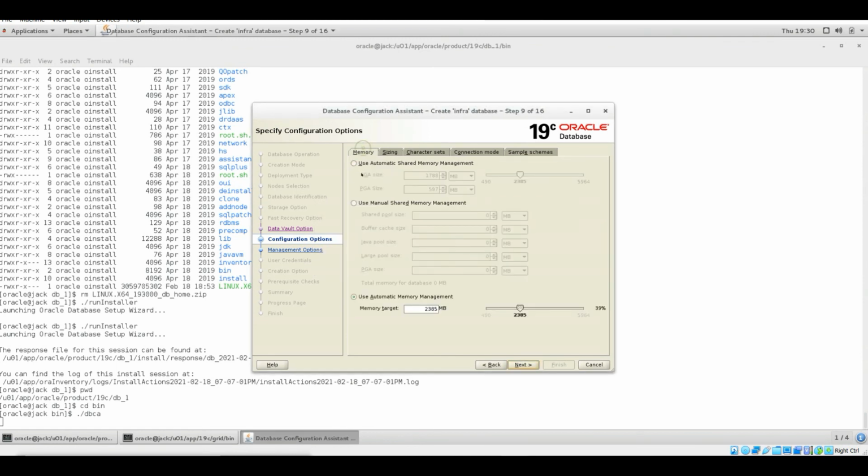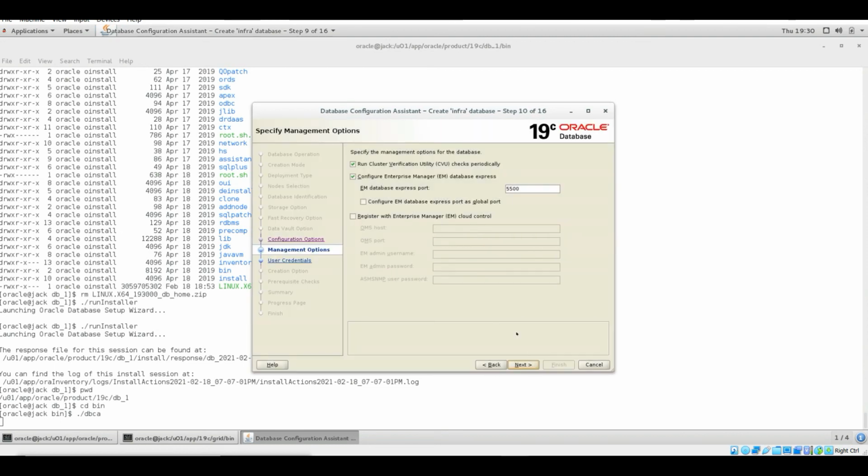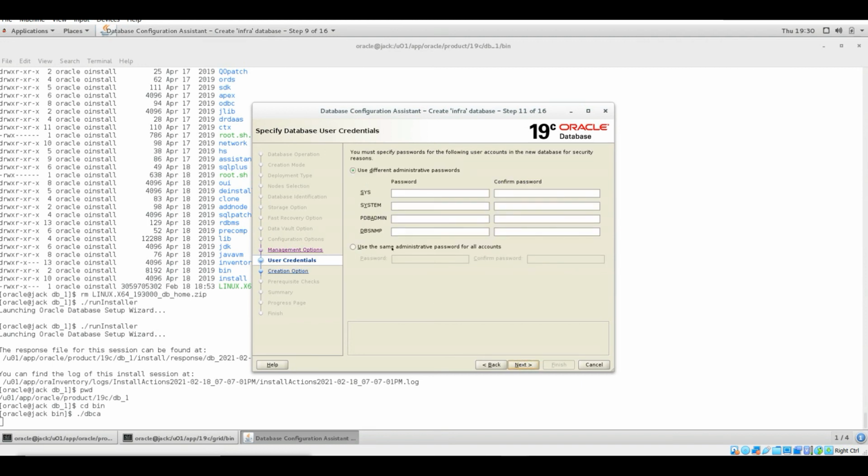I need to proceed with this. I do not want this, and the cluster verification utility will be checked periodically. Let me give the same password for all my users.